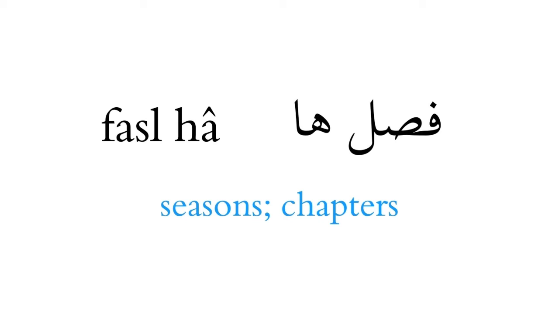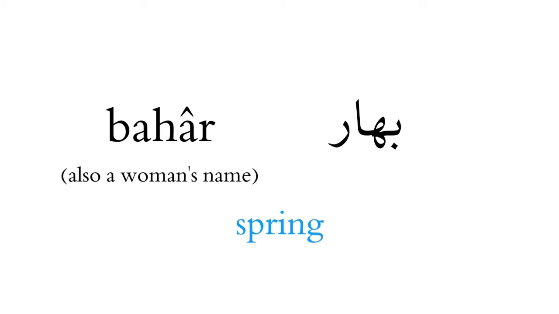And now fasl. So fasl is season, and it can also refer to seasons of a TV series, or it also means chapter, like a book chapter. So our first season is bahar. So for example, we could say فروردین، اردیبهشت و خرداد ماه‌های بهار هستند. Then we have